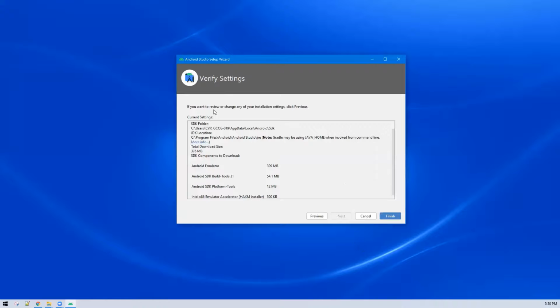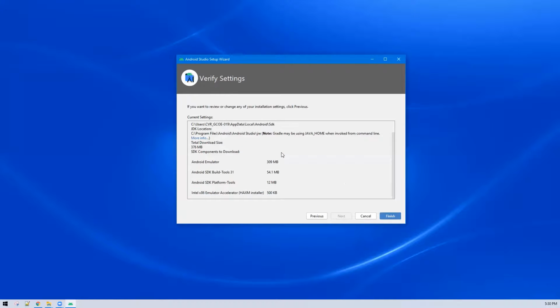At this screen, you need to verify all the settings that you have previously selected. Accordingly, it will download all these components, like it will download 376 MB. What things it will download are mentioned over here.